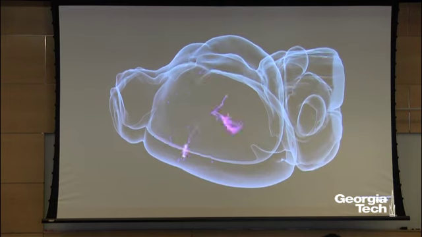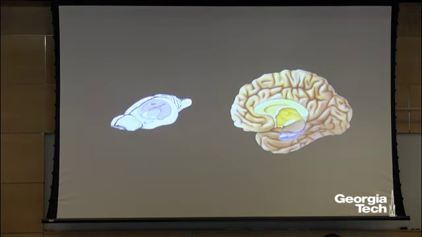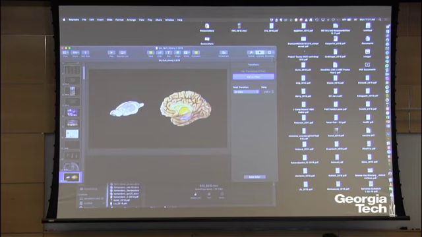Okay, so where am I going with all this? In my lab, we study the hippocampus because the hippocampus is such an important structure in memory. As I told you, we want to understand the cellular basis of hippocampal function and its contribution to memory. There's a lot of evidence in both rodents